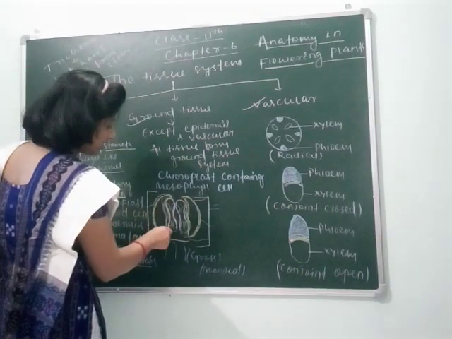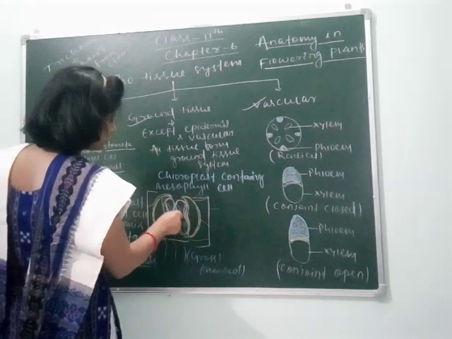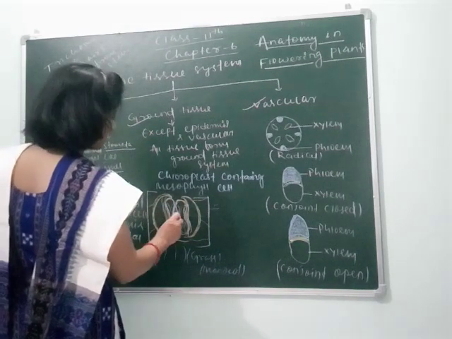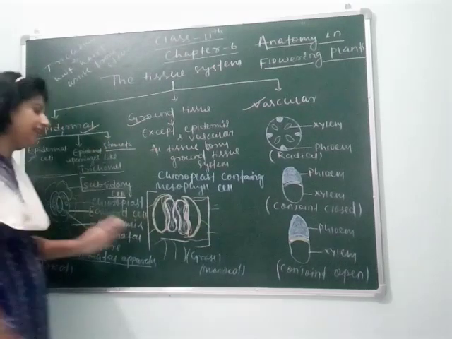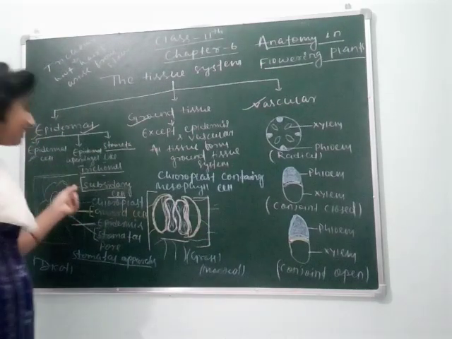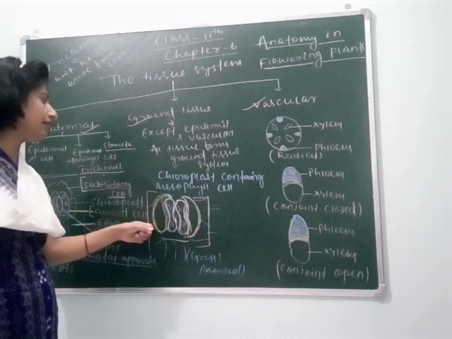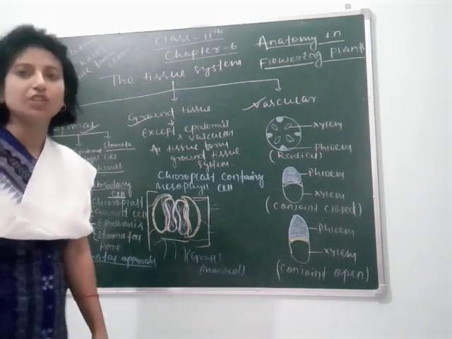You can see this is your guard cell. If you have the NCERT book, you can see the diagram and label this. This is the guard cell, this is the stomatal pore, this is the subsidiary cell, this is the epidermal cell. Exactly the labeling is like in the case of dicot stomata. Here it is monocot stomata. Clear students? Next, let's move to ground tissue.